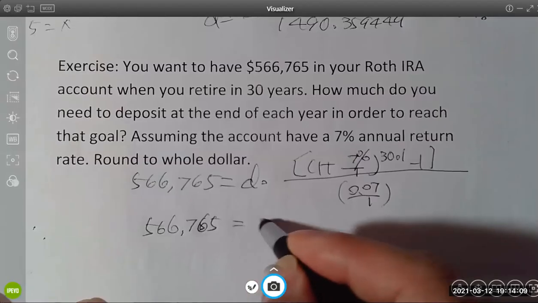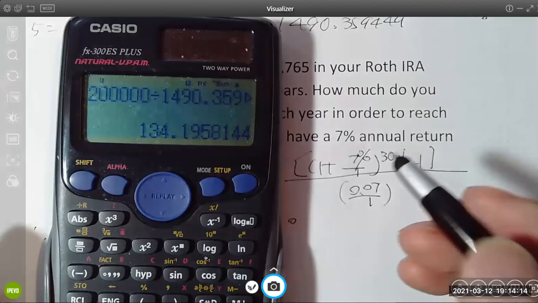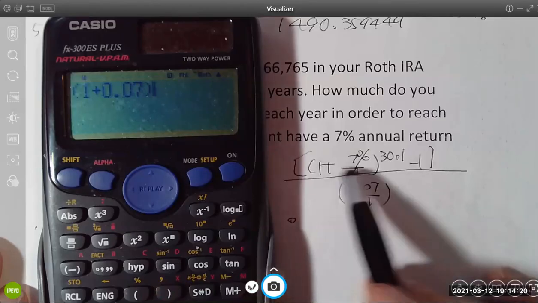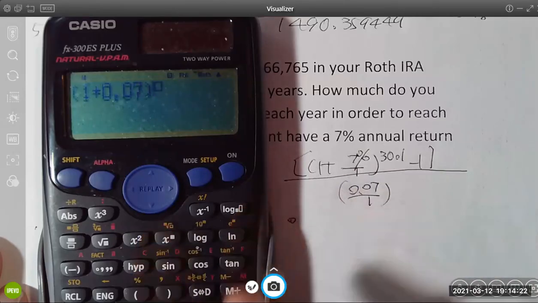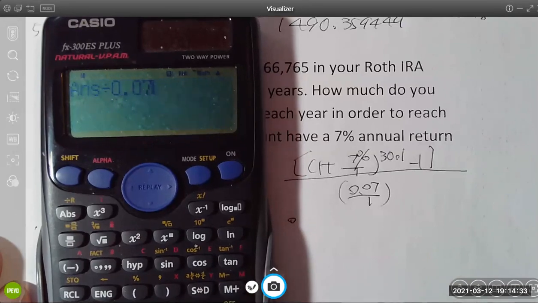765 equals D times. So this is an easy calculation actually. 1 plus 0.07 to the power of 30, minus 1, and divided by 0.07 equals. So we write down this number,